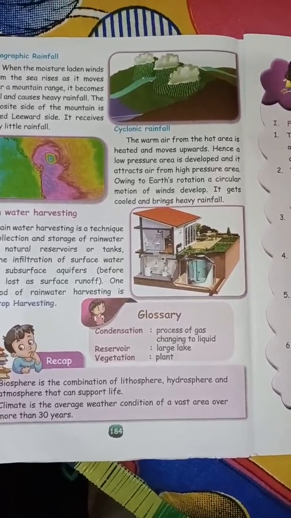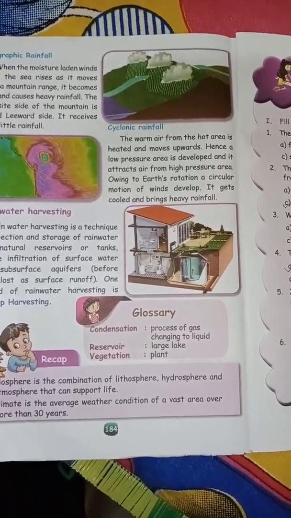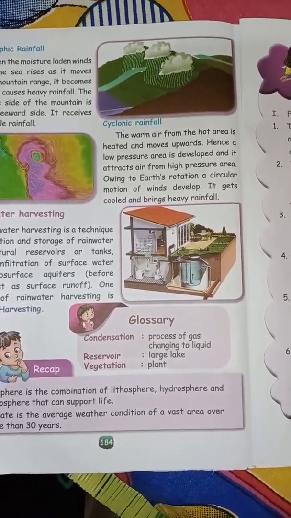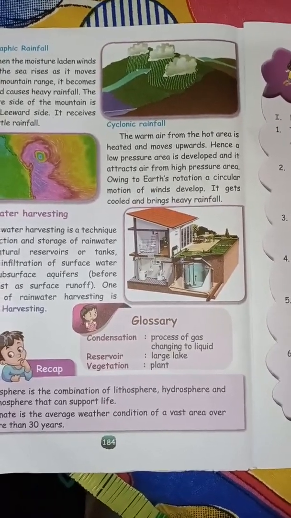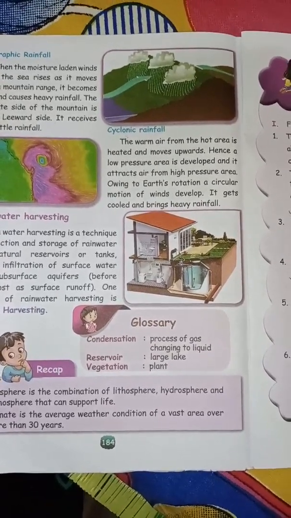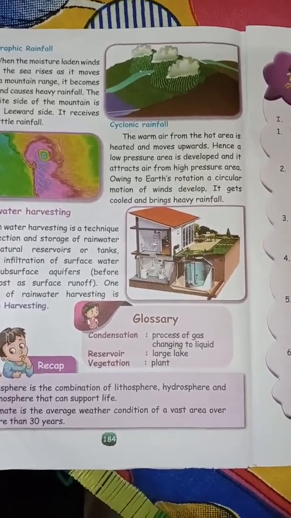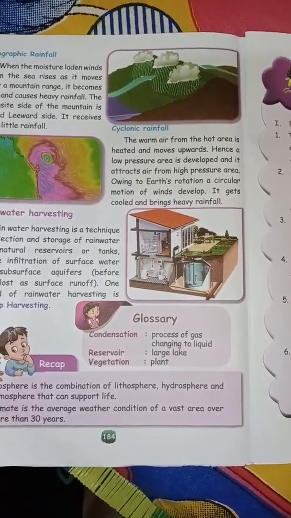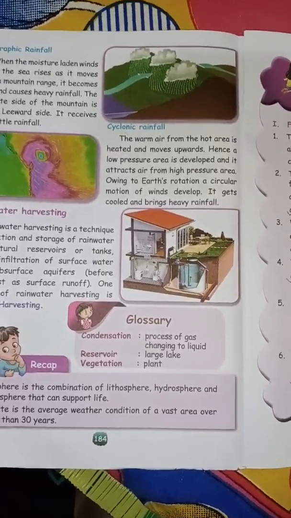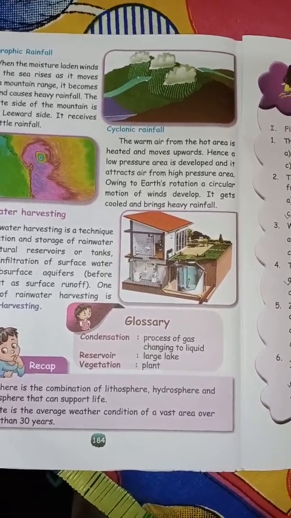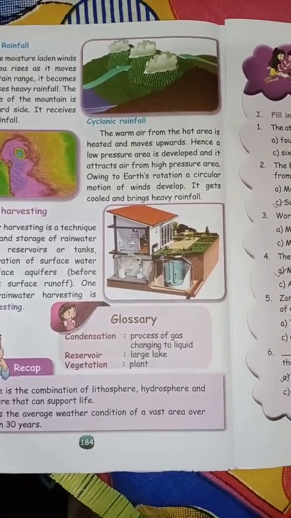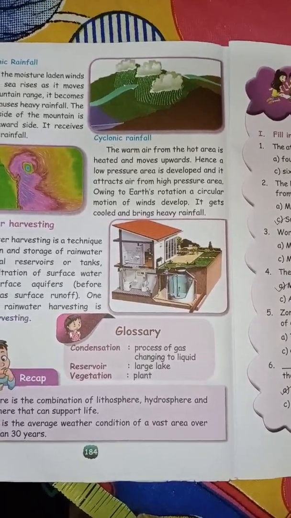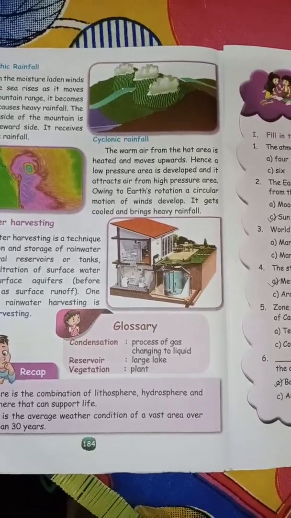The warm air is lighter than the cooler air. So warm air is forced to rise up and it moves upwards. Thus, the low pressure area attracts the air from the high pressure area. I have told you already, children, the air moves between the low pressure area and the high pressure area.